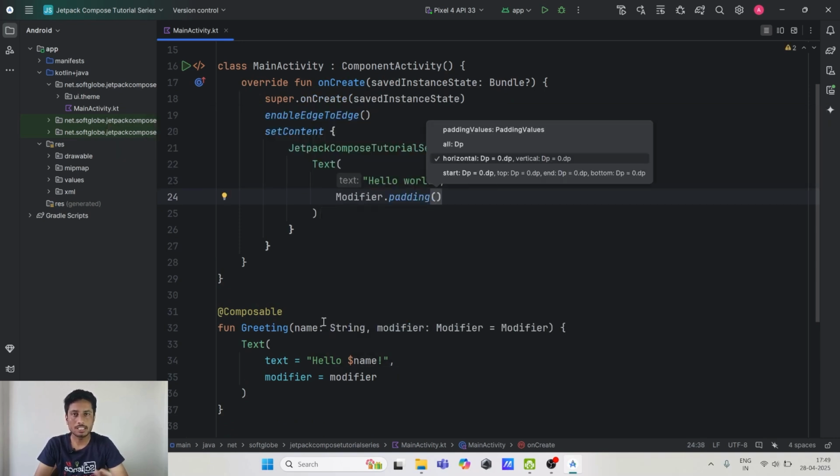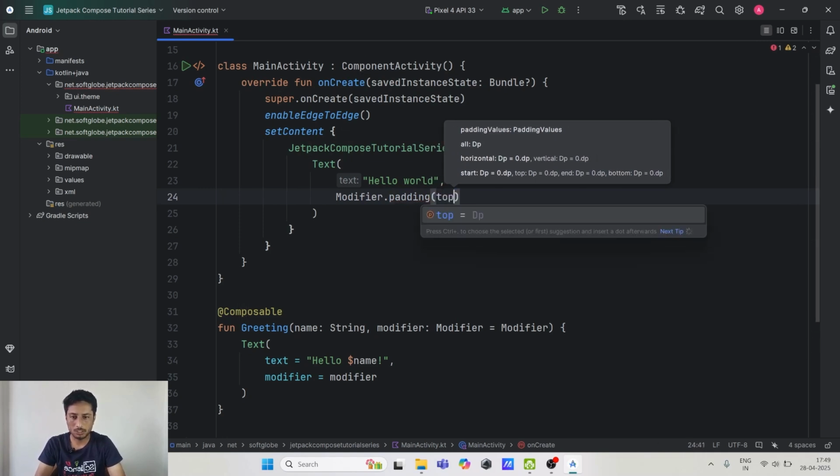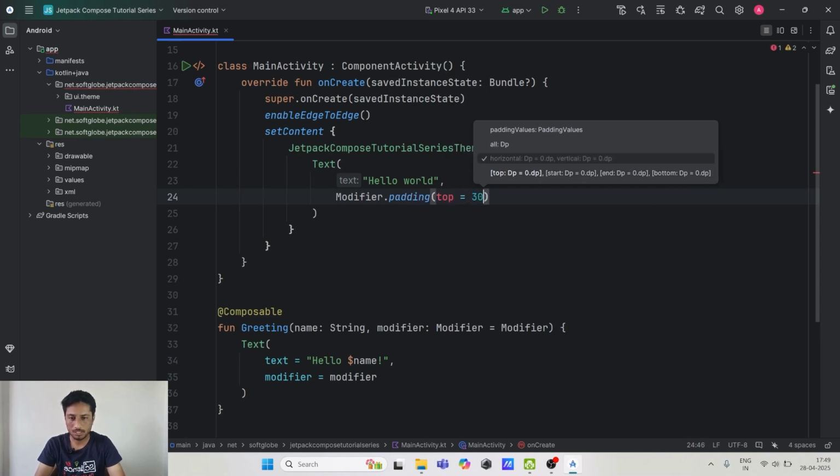If I want to add some padding here, then I just need to add modifier.padding. Modifier is also a separate concept. We will have a separate video about Modifier, but for now let's just understand that I am giving it a padding of top equal to 30. And when I write 30, then in the XMLs, if you want to give a padding or a margin,